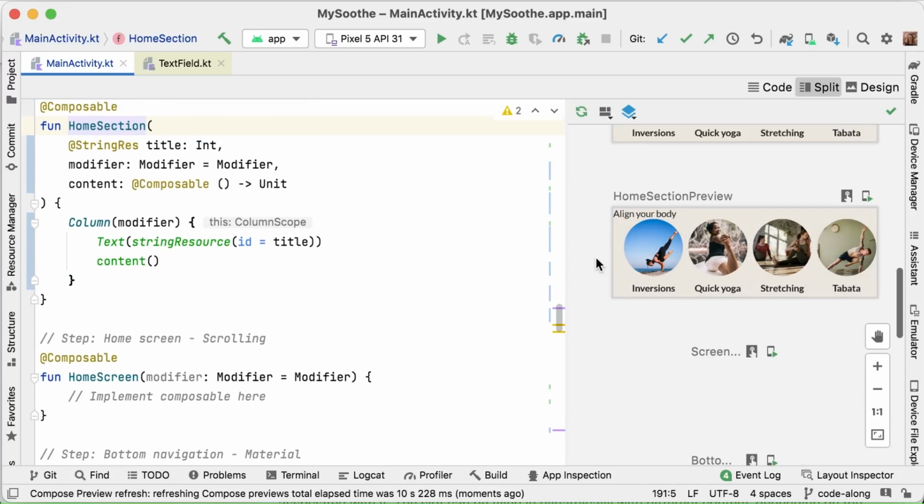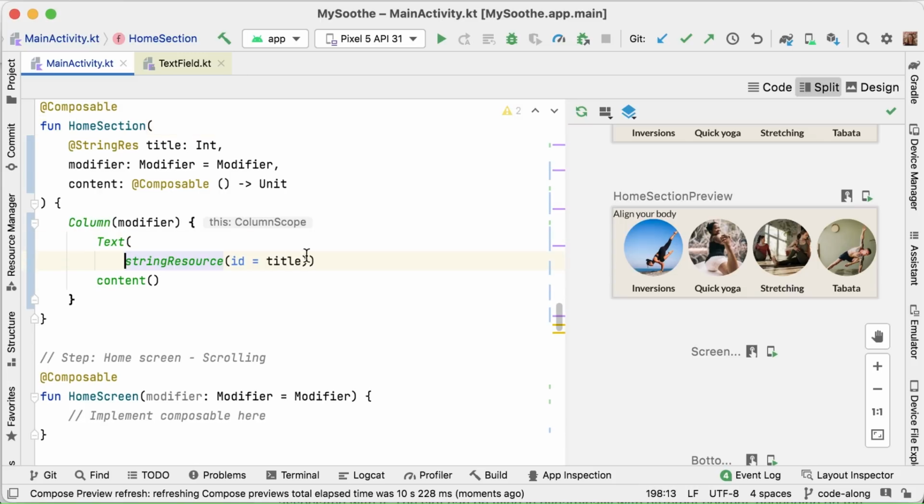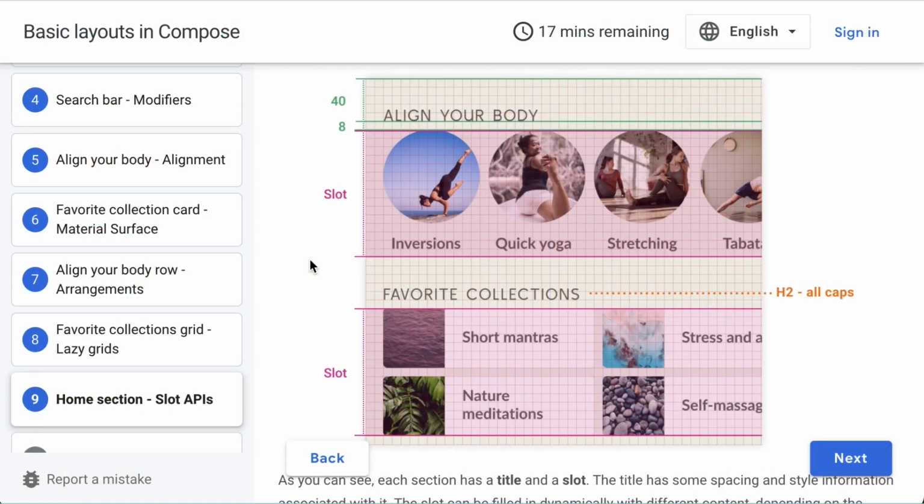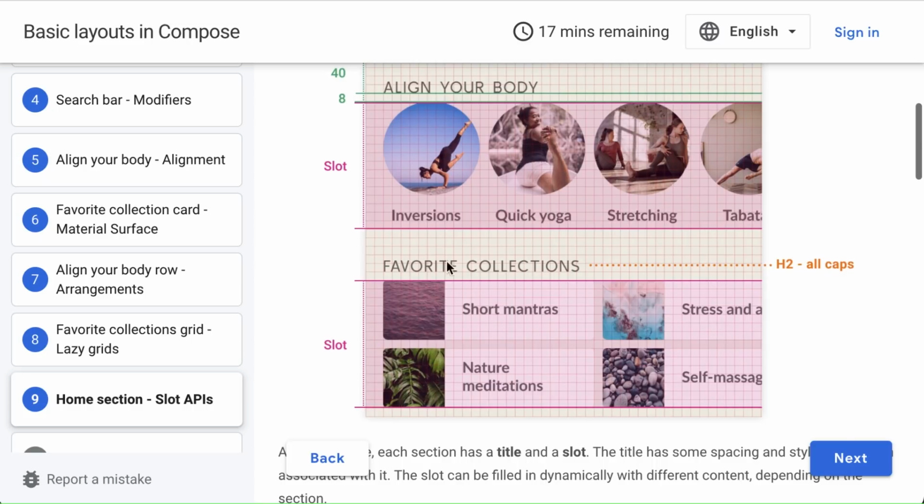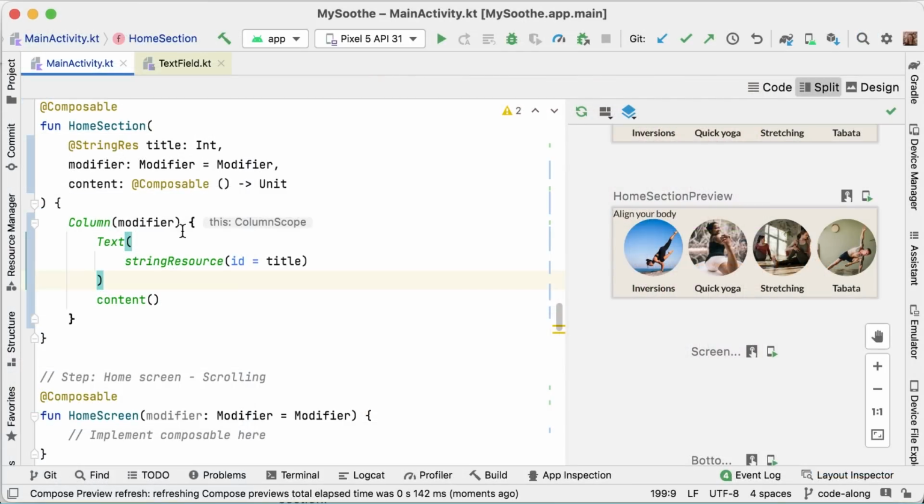Great. So what we're still missing from the designs are some spacings and some styling of the initial text. So let's fix that. First, our text needs to have styling, which is set to be H2 heading from the material theme. It also needs to be in uppercase. Wait, let's double check. Oh, yes, that's where it's from. I was double checking in the design where you got those messages from. Okay, so it needs to be H2 and uppercase.